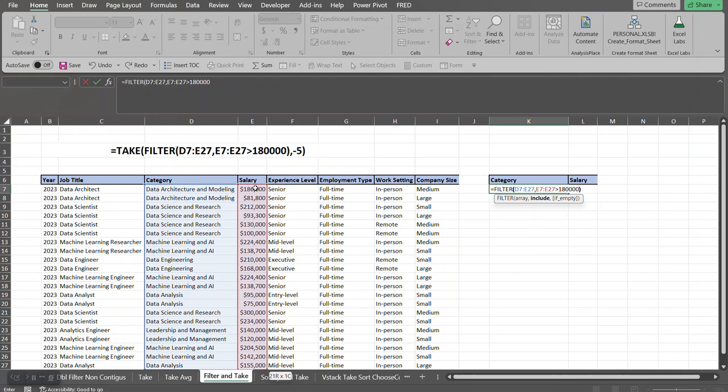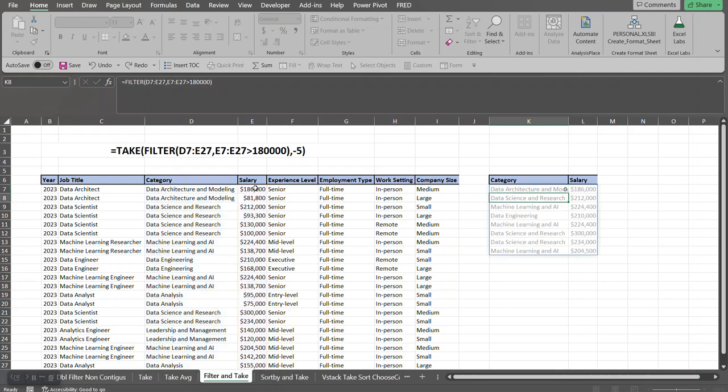And then I'm going to close out the filter function because the last argument in the filter function is optional. Press enter. So now, as you can see, we were able to grab from this area all records that were